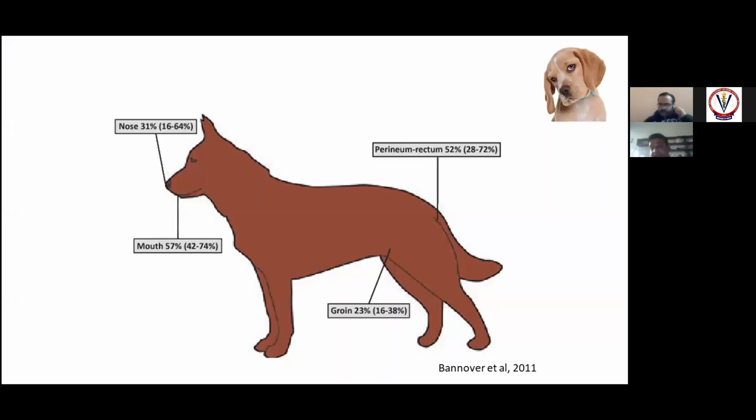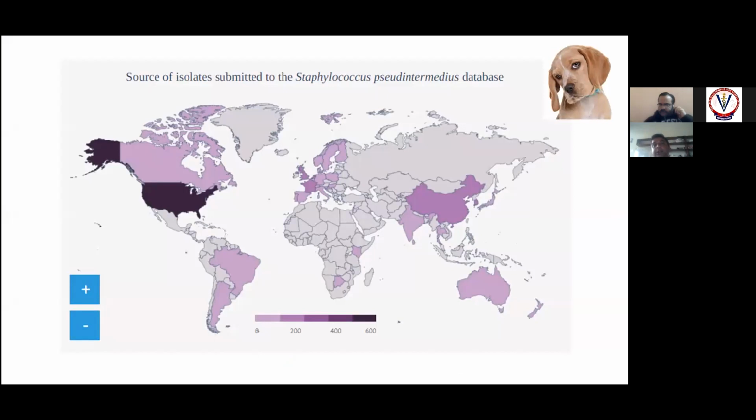So that's why we have to have the right sample from the right location. And also this is actually the graph from the MLST database, pseudintermedius. If you look at that, most of the publications and